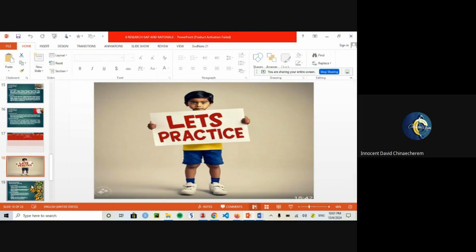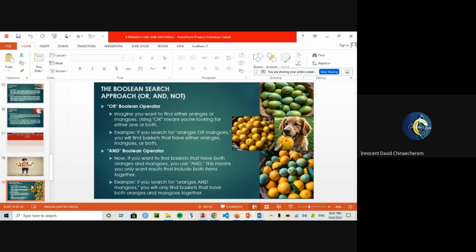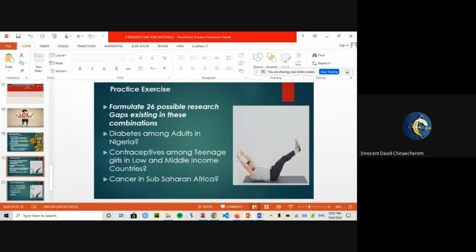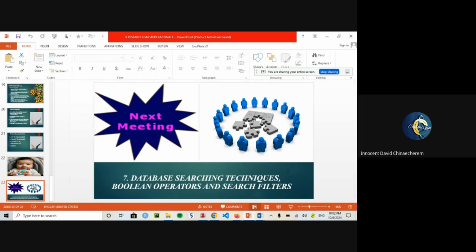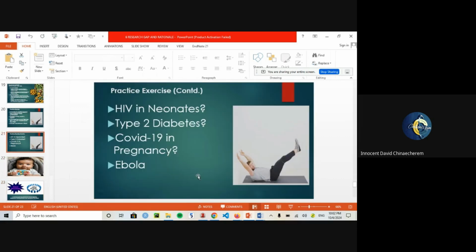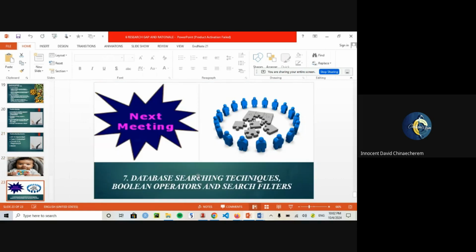Then we had a look at the gap identification framework and the Boolean search method, which is going to be discussed in terms of search strategy, and we've got a practice exercise, which I'm going to send to us. So I want to use this opportunity to really thank each and every one of you for having this session. In our next session, we'll start with database searching, where we'll move into full-blown practicals. I already have a topic that I'm going to choose to work with to the very end, where at the end of it, I'll have my manuscript, and I'll also join you while you're doing this assessment. You should also come up with your own topic so that we can actually be able to do that.